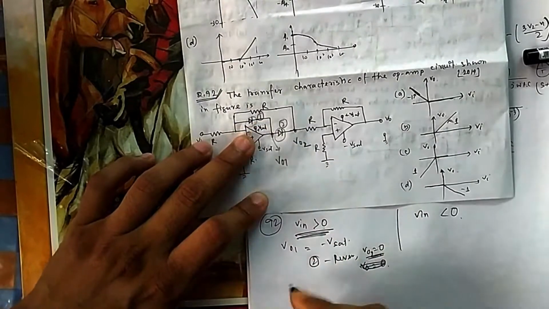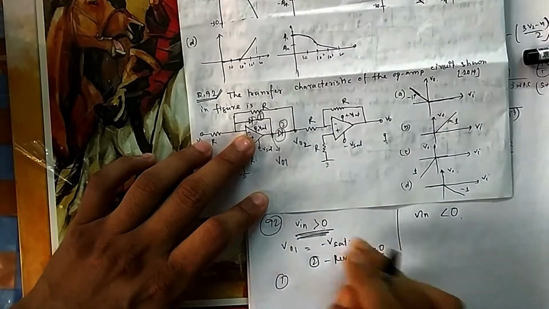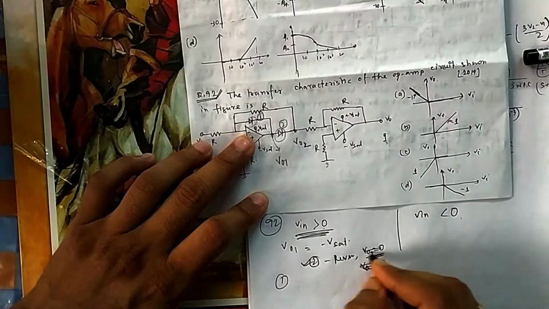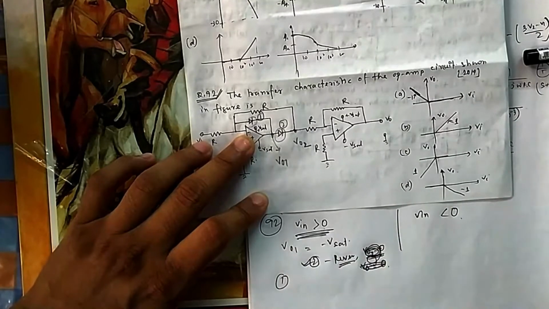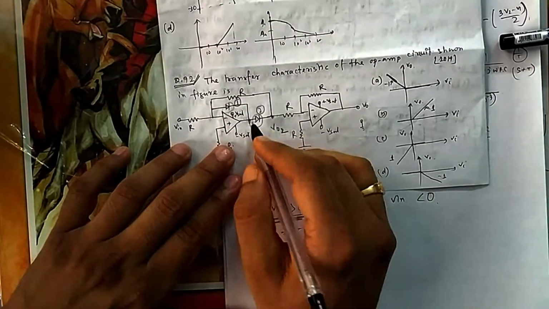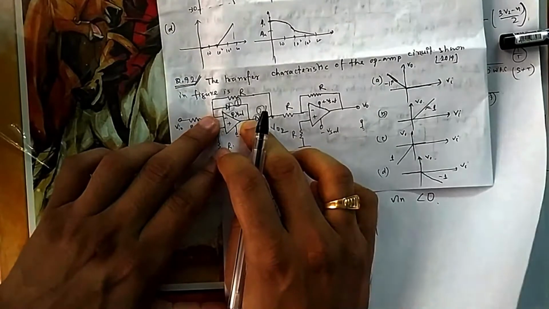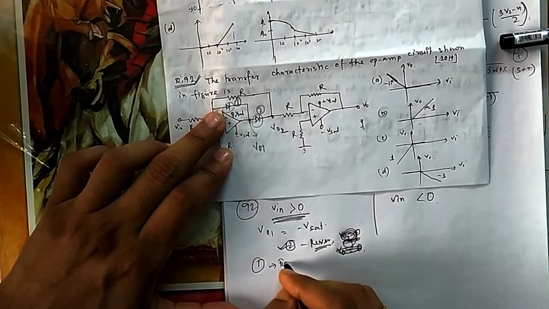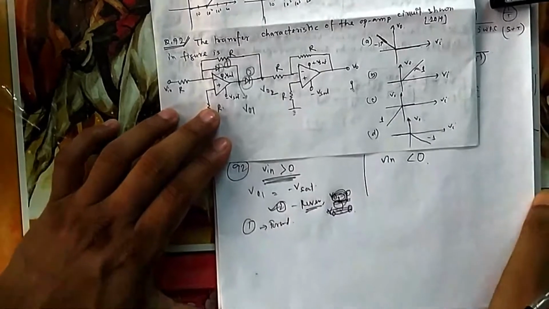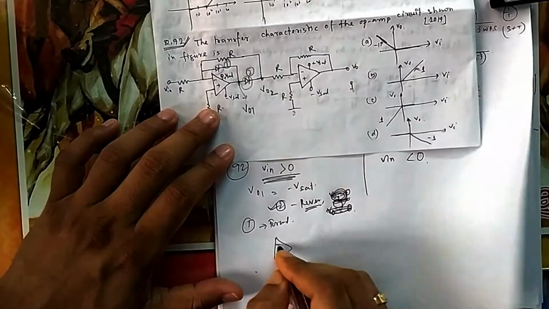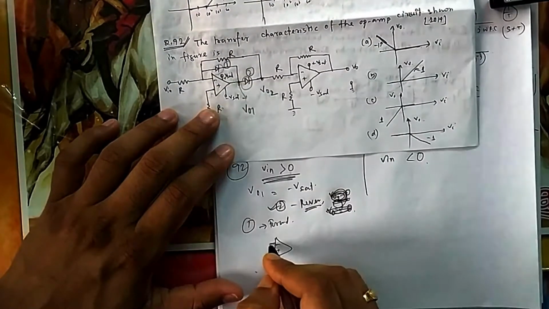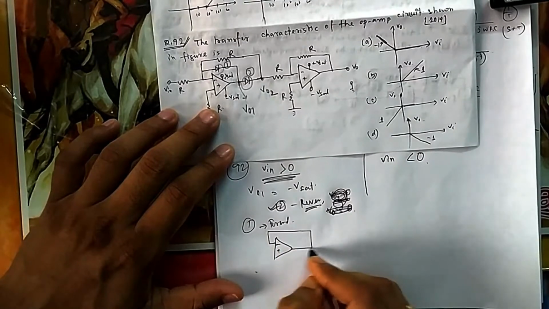What about this diode, diode 1? Till now I have seen only diode 2. Let me not conclude here yet; I have to check diode 1 also. Now you see diode 1, this side is negative and this side is positive. So diode 1 is forward biased. So how will the circuit look now? The circuit will look like this, this is minus, because it is now short circuited, it is forward biased.